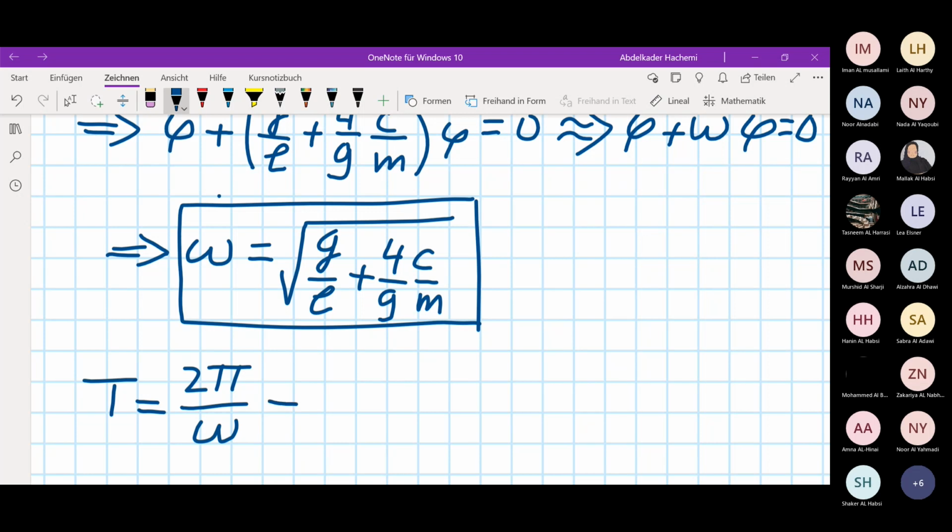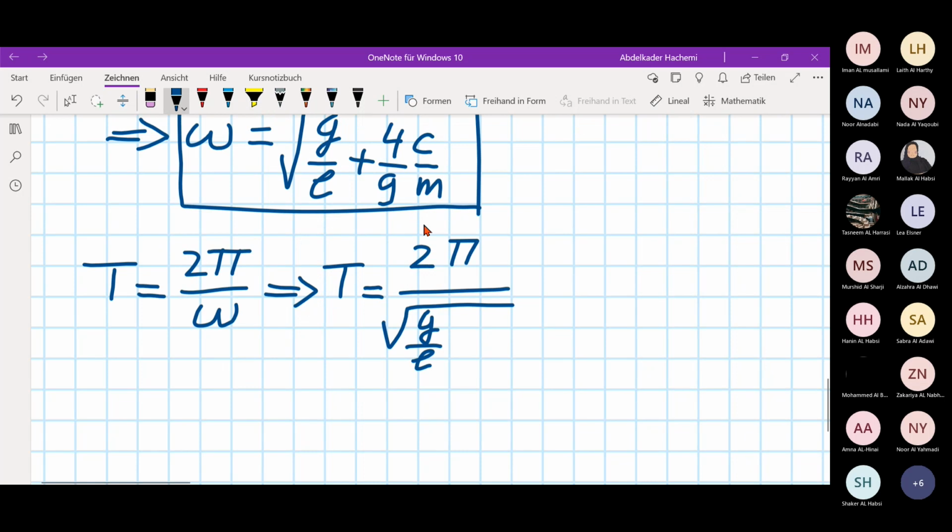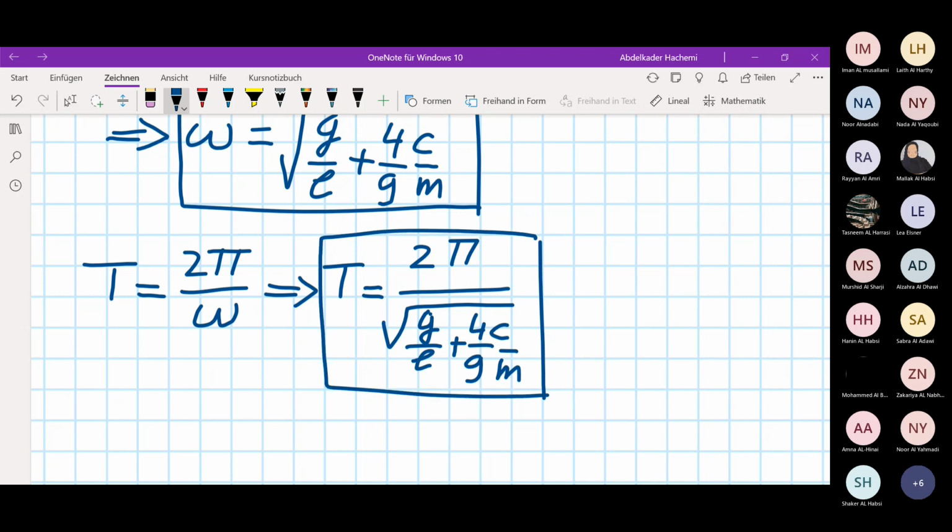That means T is equal to 2 pi divided by the square root of g divided by L plus 4 divided by 9 C divided by M. This is now the period T,